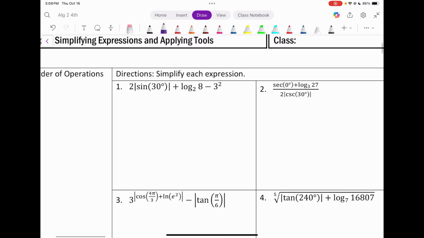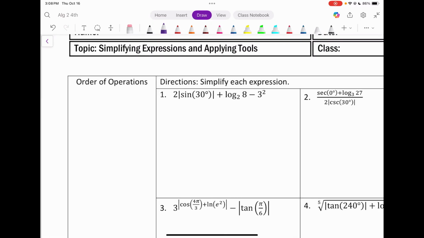Okay, on these next problems, we're doing order of operation. If you don't remember, please excuse my dear Aunt Sally. The 4 steps of order of operation: you always do parentheses, then exponents, then multiply, divide in order from left to right, and add, subtract in order